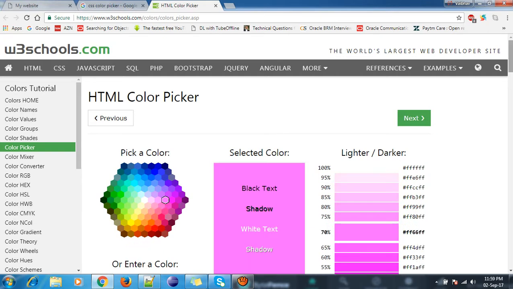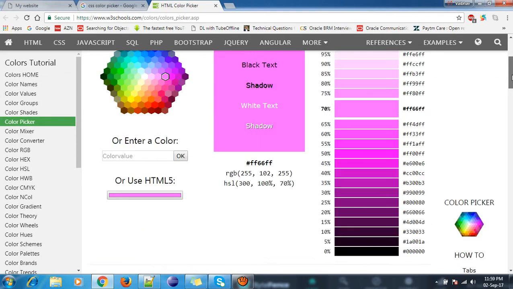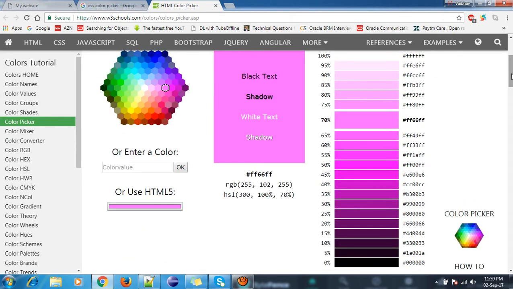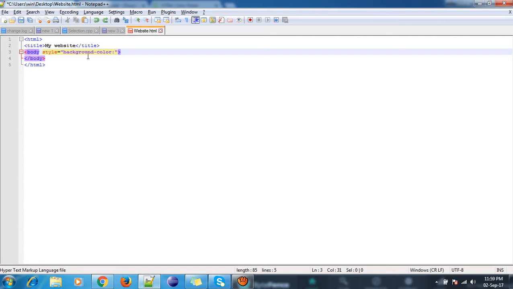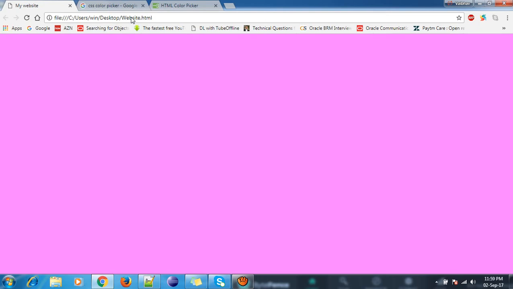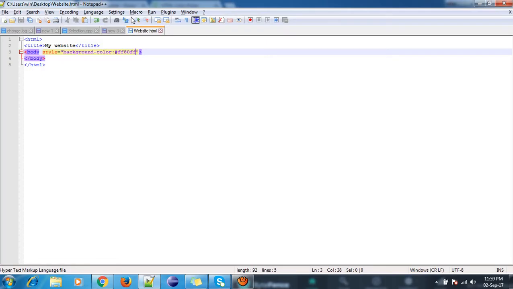Okay, this color looks fine, so let me select this color, and refresh it. This color looks fine.